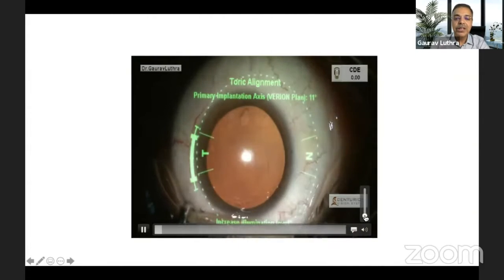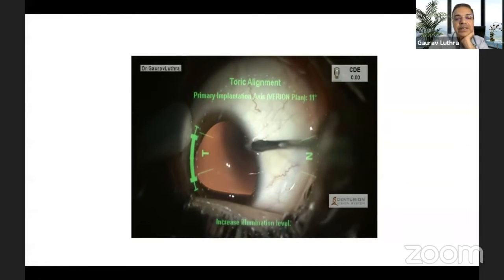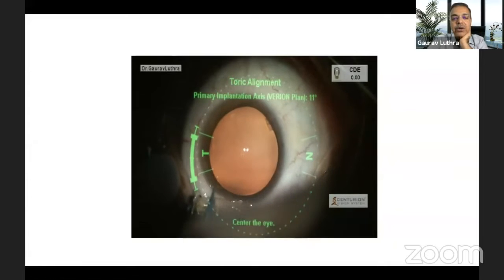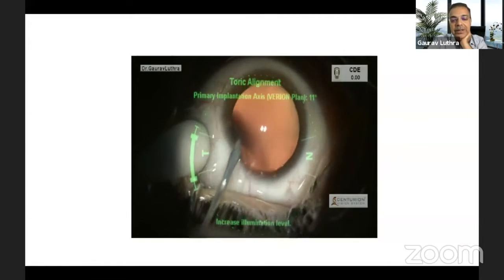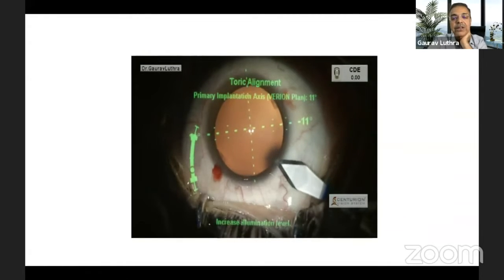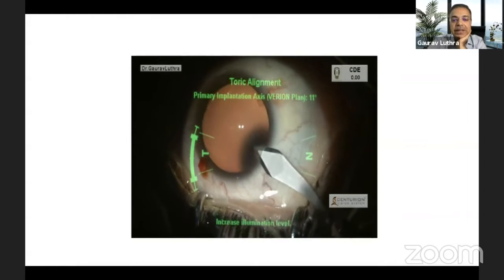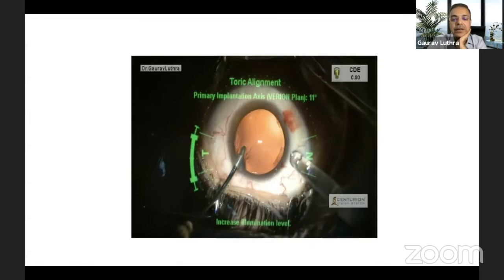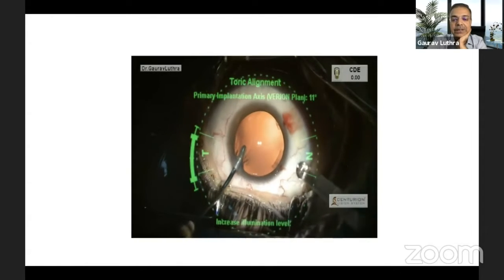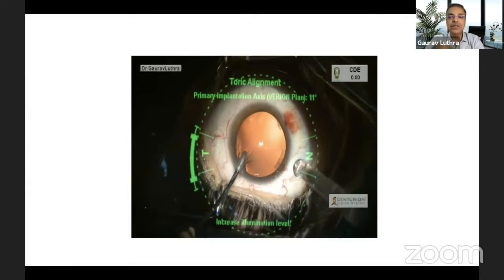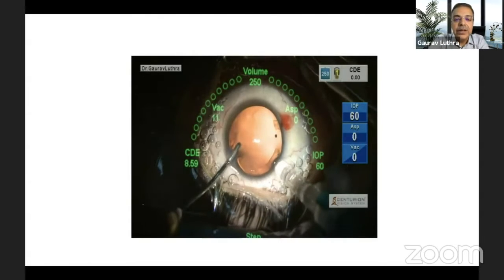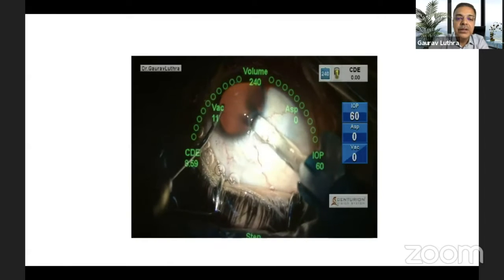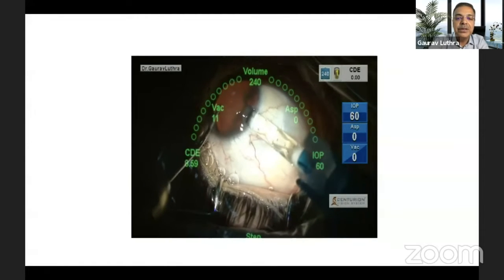For routine surgery, you can just make the side port incisions as you would. And frankly, I don't use these blades anymore. These side blades, I mean, they are angled, but they are very long. I've started using a newer blade from Money, which is my favorite blade. It's known as a 21 gauge side port blade, which is not so long, and it's very nice. It's angled also, and many other manufacturers are making it. But now here I'm using the infusion from the side port, and I'm going to do an injection. There is no viscoelastic used at any point here.